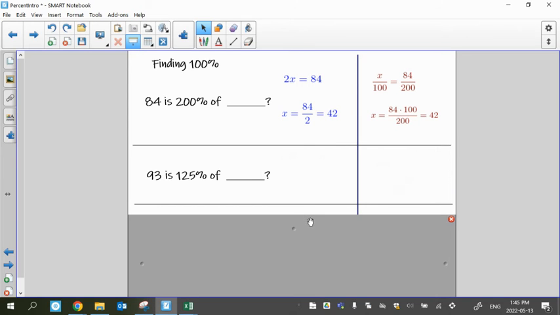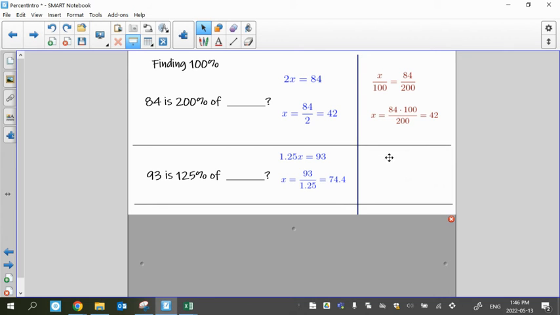93 is 125% of something. So let's analyze it the same way we've been doing the others. In this case, we need to express 125% as a decimal, and that will be 1.25. So 1.25 times a certain number is equal to 93. And to solve our equation, to find the x value, we would divide the 93 we have on the right side by 1.25, and there is our answer of